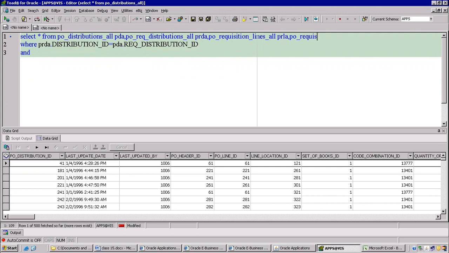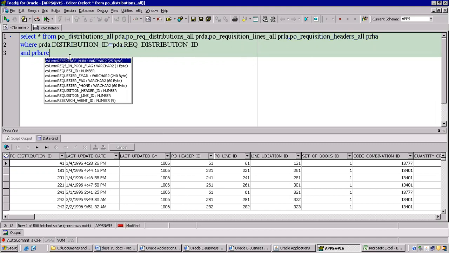PO requisition headers all, PRHA. So 2 tables have been added, 2 joins required. So between these two, no, because we are talking about only the lines all table and the distributions all table. Right. PRLA dot requisition